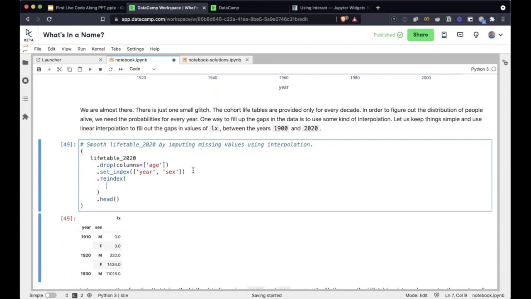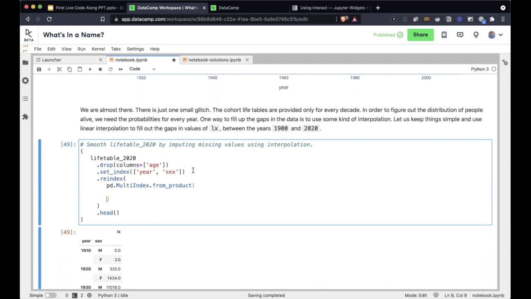And how do we add all combinations? Again, pandas to the rescue. Pandas has a multi-index function, and basically you can say multi-index from product. I'll explain what this means. This says I want you to re-index this data frame, but I want you to use all combinations of this.